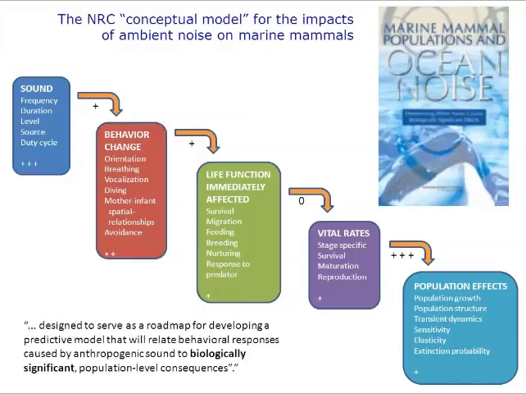Now, fortunately, there's a framework in which we can analyze these potential impacts. It was drawn up by a special working group of the US National Research Council as part of a report they put out on marine mammal populations and ocean noise. And they called this the PCAD diagram, the population consequences of acoustic disturbance. And you can see it goes from sound production through changes in the behavior of the animals that might be affected, to the impact that might have on their life functions, and then through to the vital rates like survival and reproduction, and on to population effects, changes in the actual abundance of the organisms that might be impacted. Next slide, please, Anna.